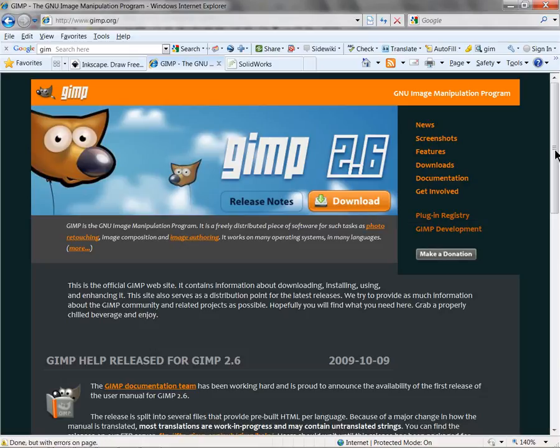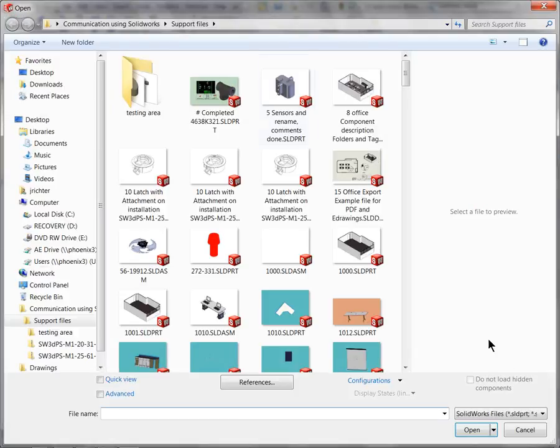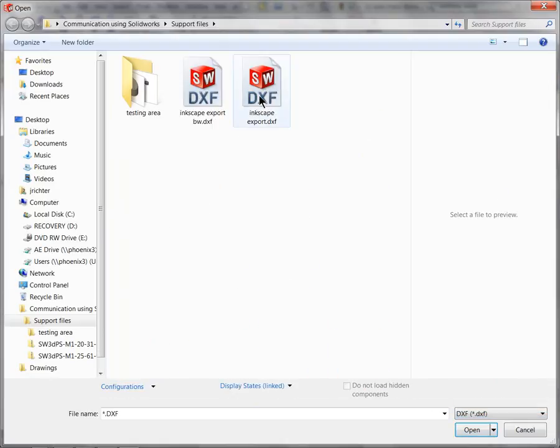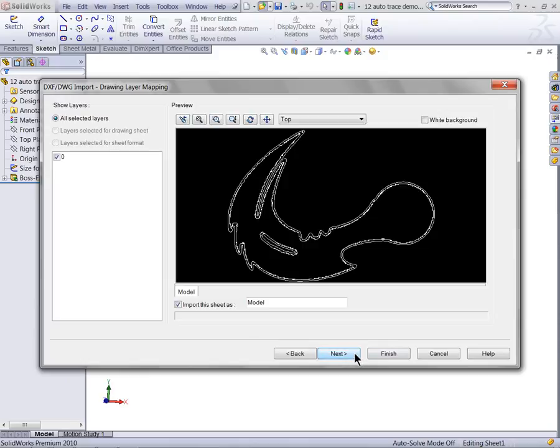And with that, let's go over to SOLIDWORKS to take a look at the DXF output from Inkscape. So in order to use my DXF from Inkscape, I'll go to Open and change my file type to DXF, and from here I'll open the Inkscape export. Then SOLIDWORKS will ask me how to treat this DXF. I want to import into New Part, and in here I can see the vector line art,